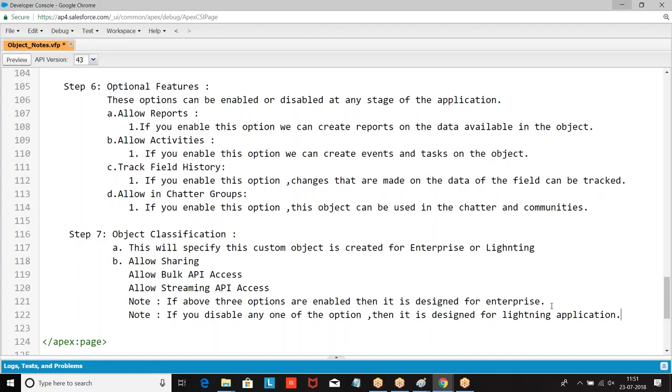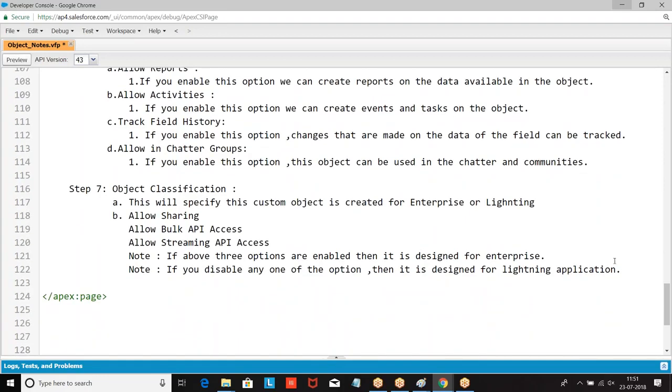An object designed only for lightning cannot be used in enterprise. An object designed for enterprise can be used in lightning also, but an object purely designed for lightning cannot be used in enterprise. Now, object classification: is it enterprise or lightning?